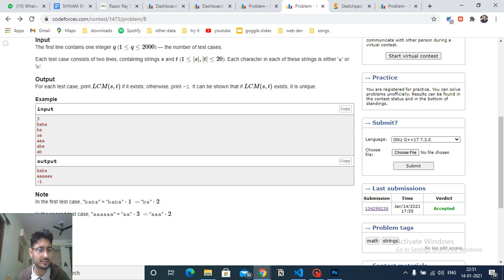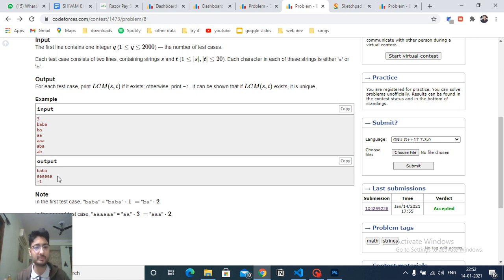Similarly, if you take these two strings, AAA and AA, one string has length 2 and the other has length 3. Obviously the answer string has length 6. Now I hope you're getting something. The LCM of 2 and 3 is 6. And here also, it is 4 and 2 and the final length is 4. So the length of the final string is the LCM of the two lengths of the strings.